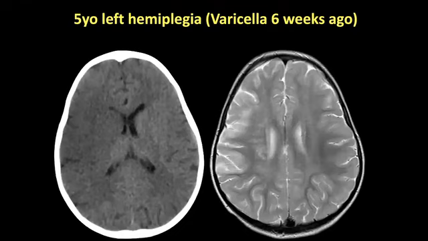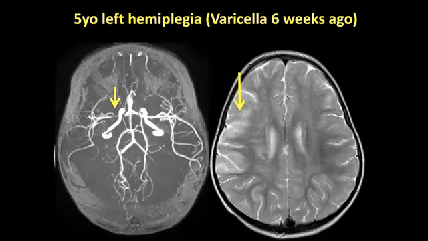So this is a patient who presented with a left hemiplegia, an important clinical history. When we see this pattern, we ask about chickenpox or varicella, because it can happen anytime from the 1st to the 4th month post-infection. It's a result of a post-infectious primary angiitis and often affects the right middle cerebral artery. And you can see here occlusion and beading of that middle cerebral artery post chickenpox infection.